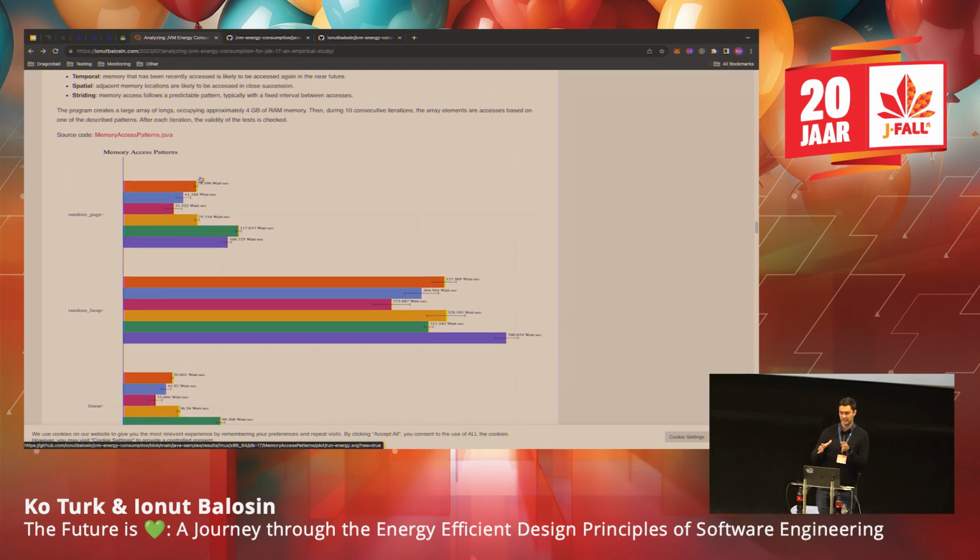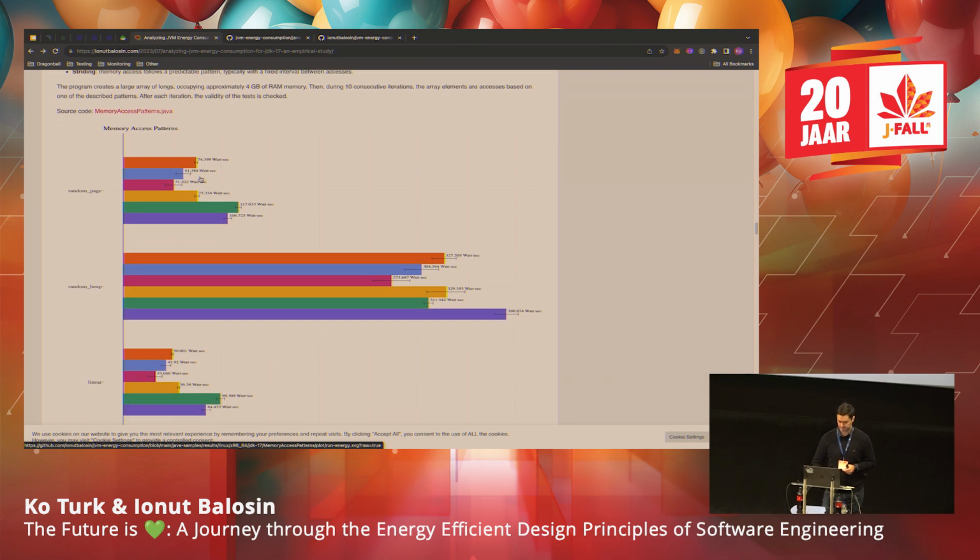One is about data locality, and the other is about temporality of the data. Data locality means if I request something, it's likely that the object that was co-located, I will request in the next cycle, because it's co-located and maybe it's already in the CPU cache. And the same for temporality, which means the data that I requested before, it's likely that I will request it again. It's still in the CPU cache.